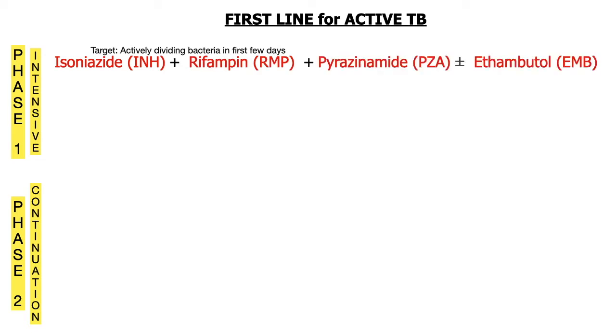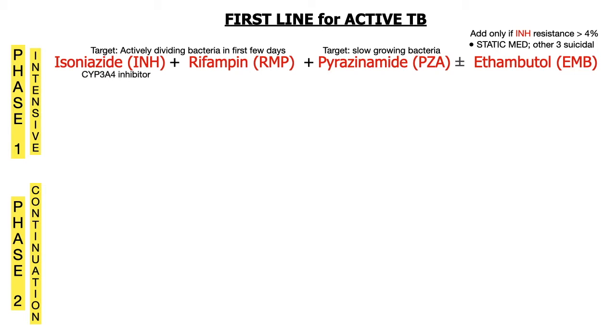Isoniazid and rifampin target the bacteria that actively divide in the first few days. Pyrazinamide targets the slow-growing bacteria. As for ethambutol, it is only added if resistance rates to isoniazid are more than 4%. It is important to note that ethambutol is bacteriostatic, while the other agents are bactericidal. So starting off with isoniazid, it is a CYP3A4 inhibitor, so you have to be cautious about drug interactions with